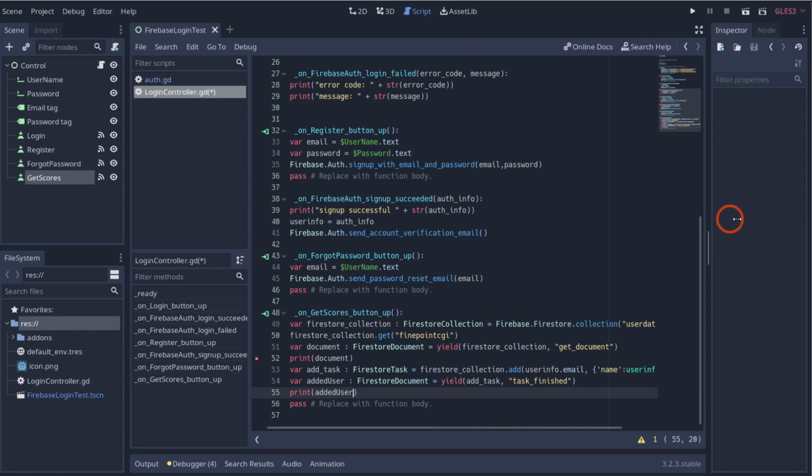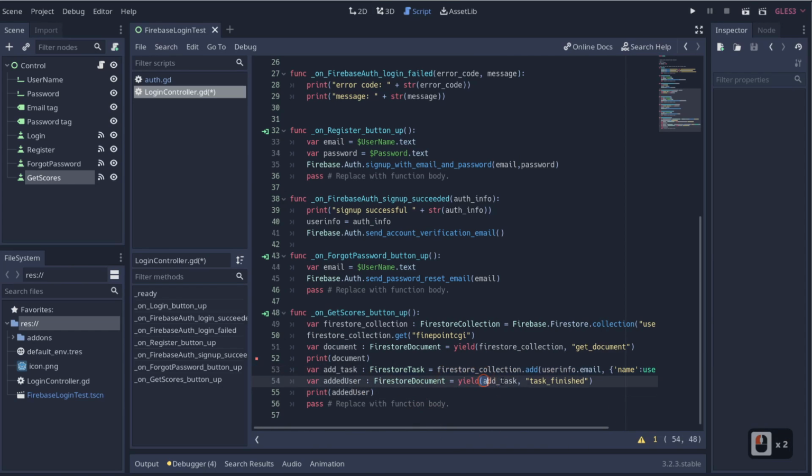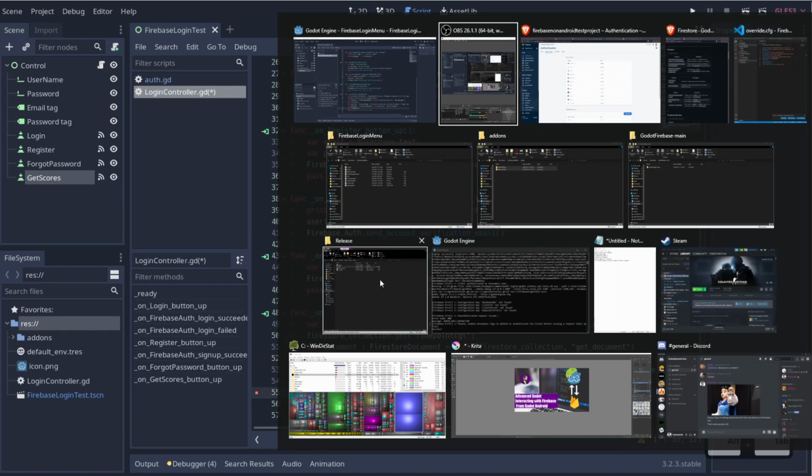So the first question is, what are we doing here? Well, we're creating a Firestore task, and then we're saying, hey, execute that task and wait until the task is finished. Once the task is finished, grab the data it returned and print it. Simple enough, right? So we'll go ahead and put a breakpoint here, and we are going